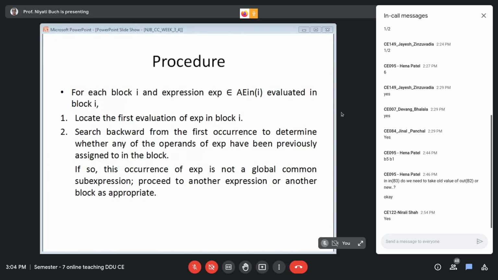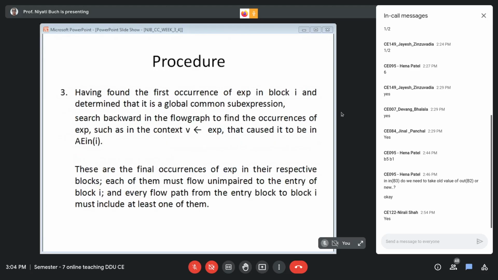Then you have to go to the next expression, or if that block is over, you will go to the next block. So for a particular block, you will just take all the expressions one by one, and you will take them from the in set that is available. Now what we will do, say suppose